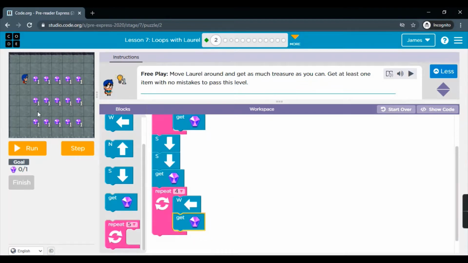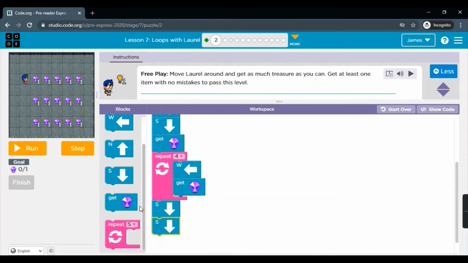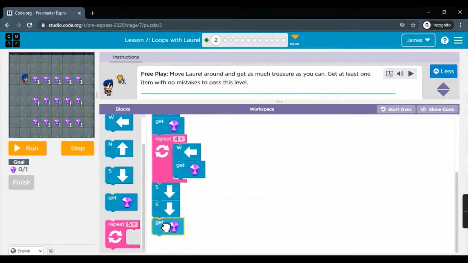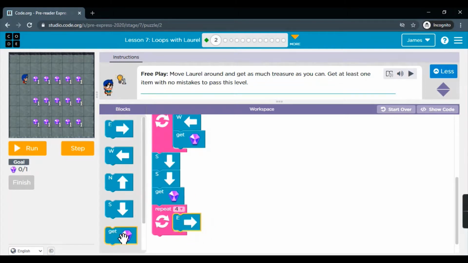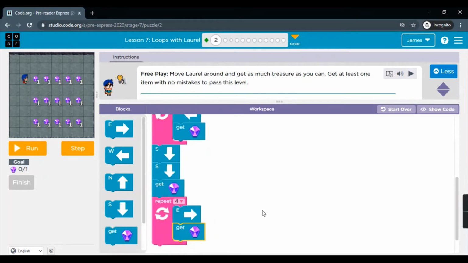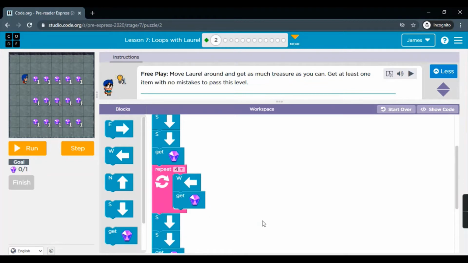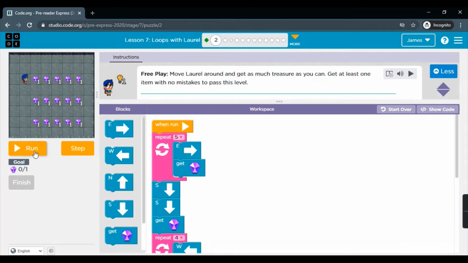Now after reaching here, again 2 times south and get the treasure, and then 4 times east and get. So this is what I have come up with. You can build your own logic here. Let's run it, but here I am trying to get all the items. Let's run it.